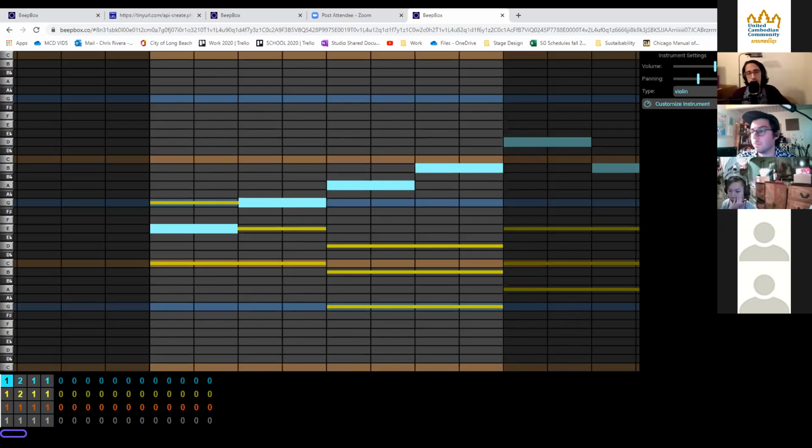Emily asked if there's a good way to find the note other than just trial and error. This is, again, getting more into theory, but knowing what key you're in is really the only way to know what notes are going to work or what notes aren't going to work. So we're actually in the key of C.